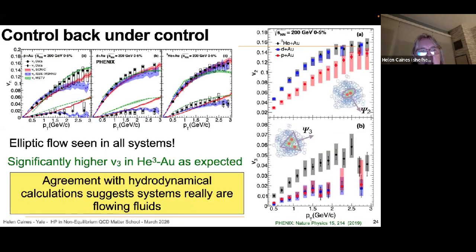These type of results, at either the LHC, where you get this scaling of the v2, or in the case of RHIC, whether it's p-Au, d-Au, or helium-3-Au, the splitting of the v2 and the v3. At the LHC, they manage to go into much more detail to look at the particle ID. They see evidence of radial flow, this bulging, that the heavier particles go to higher transverse momentum. We haven't managed to really be able to do those calculations using